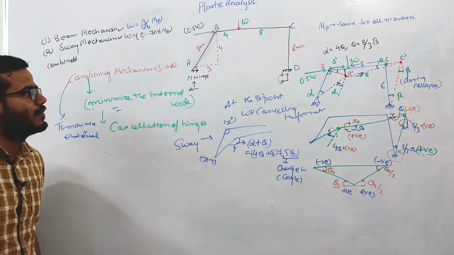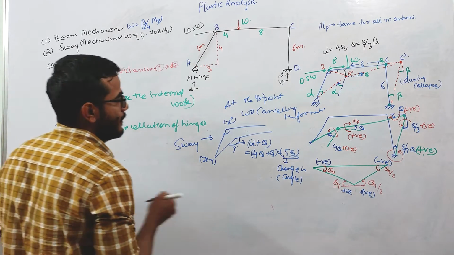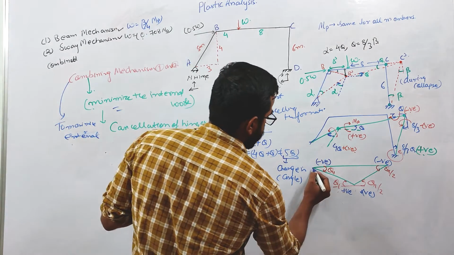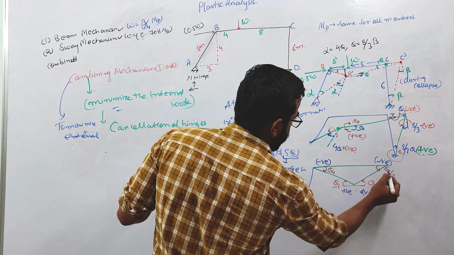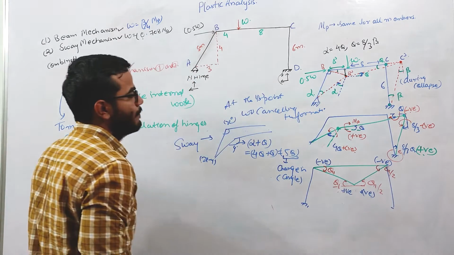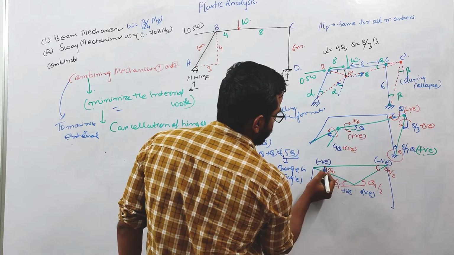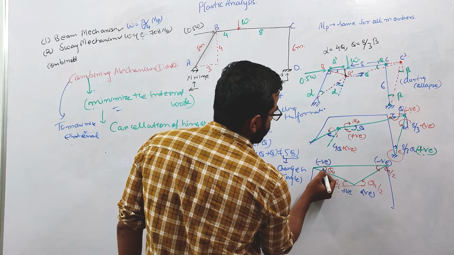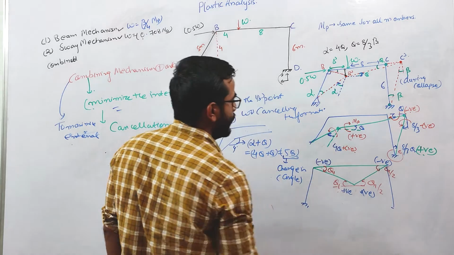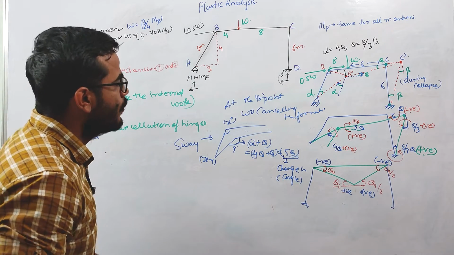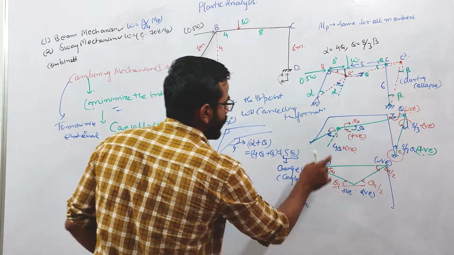This theta is changing rotation in this BC member, and this theta 1 is changing rotation in this BC member only. So if you combine both these two things,